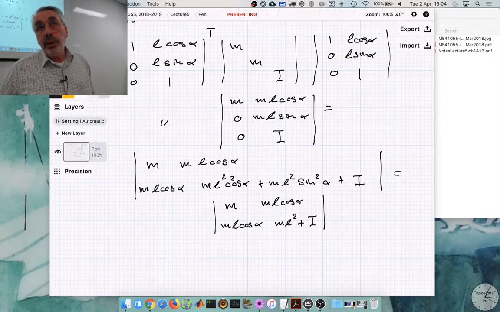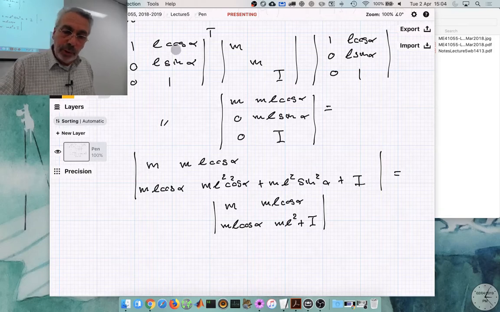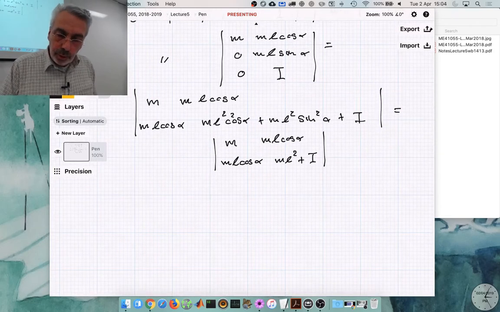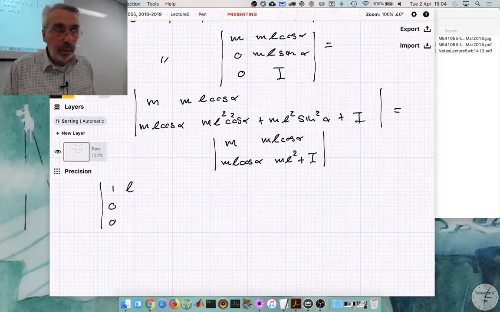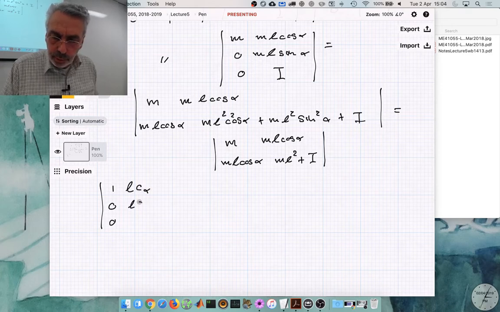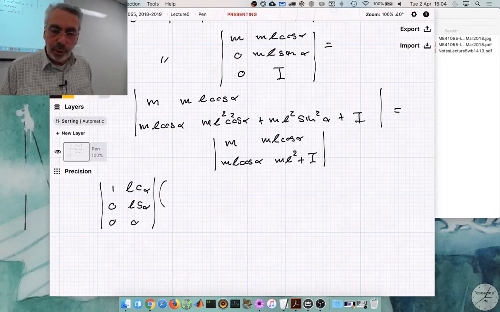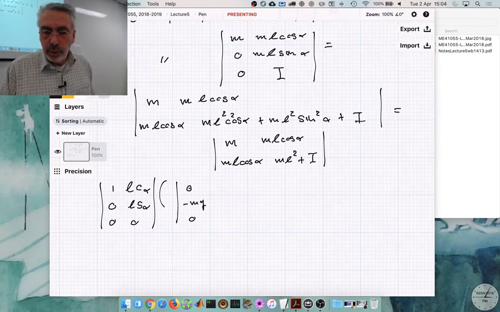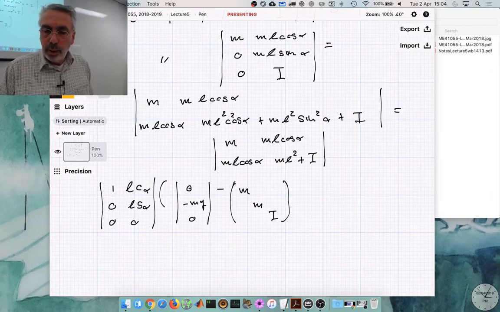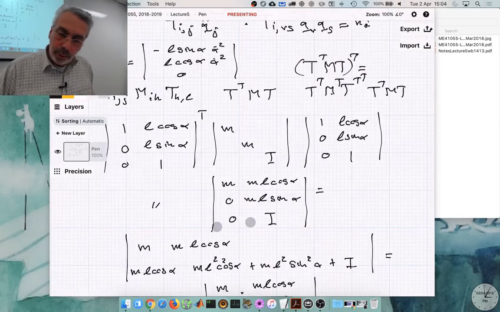Then we need the right-hand side of the equation. So again, we need the Jacobian. So the Jacobian was 1, 0, 0, L. Maybe I do a shorthand notation: cosine alpha, sine alpha, 0, times. Well, it was first the applied forces, right? And those were nothing in the x direction, minus mg, and nothing in the phi direction. Then minus the mass matrix times these convective accelerations, and I don't know by heart what they were,